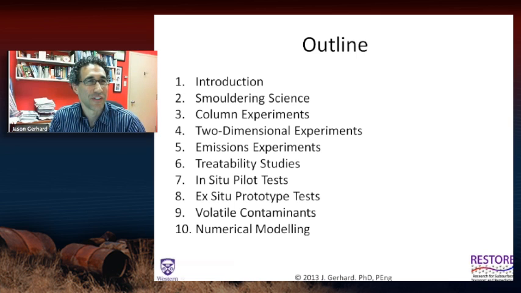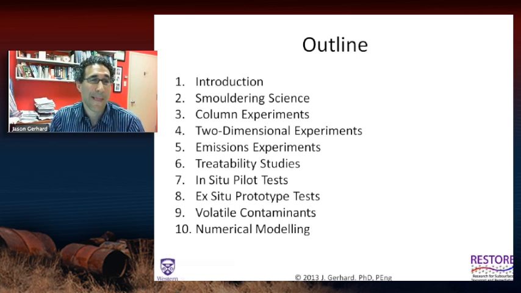And you can see that we're going to go through an introduction. There's 10 sections to the lecture today. We're going to start with a brief introduction and then talk about smoldering science, which is really the background science behind this technology. We're going to be talking about some column experiments that have been done and some two-dimensional experiments that we've done recently, and also some experiments on emissions. So I'm going to be talking about the science that's been done in the research lab to support the